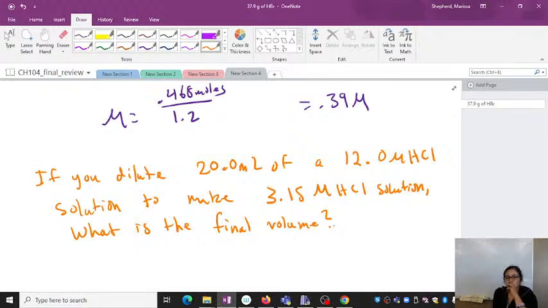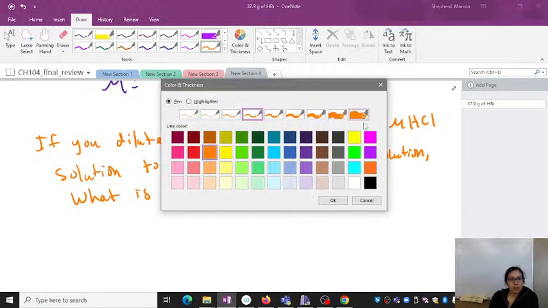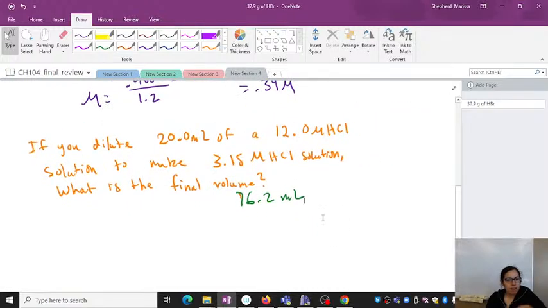Would be about 76.2? Let's see, I haven't calculated. Is that what other people got? So it sounds right if we got a consensus. So 76.2, and then was that milliliters or liters? That's milliliters. So if I want that in liters, I have to move the decimal over a couple places to